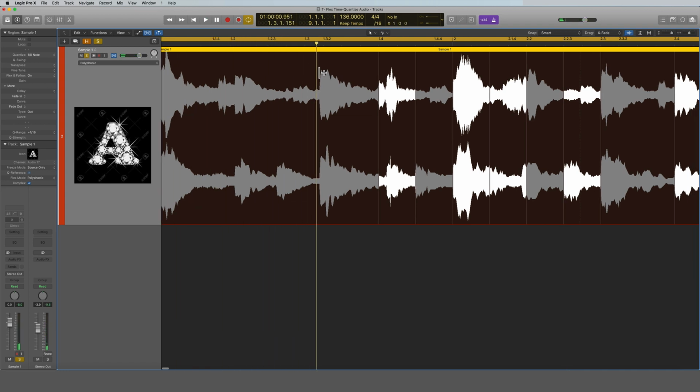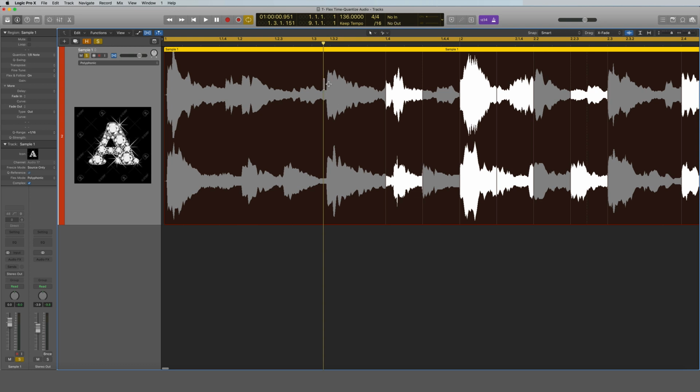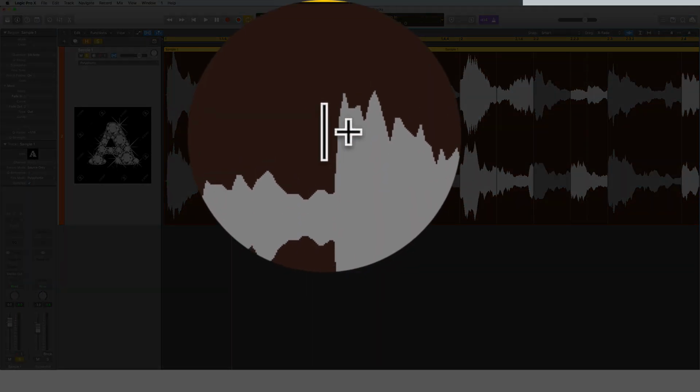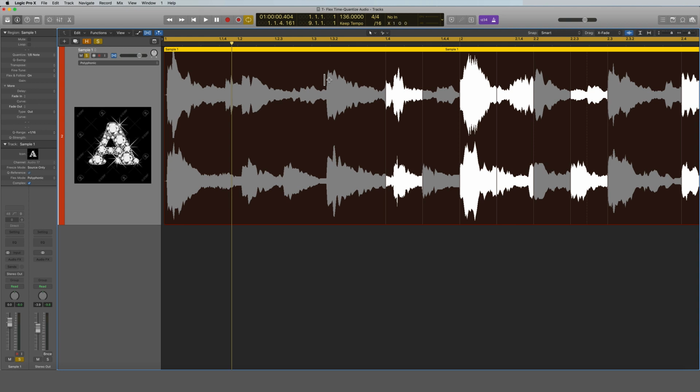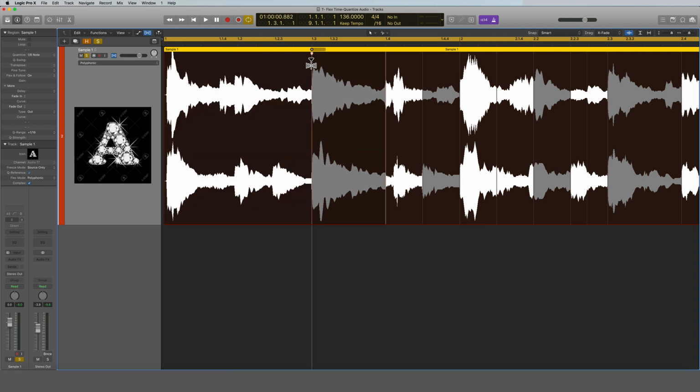So what I can do is, when I hover over the top portion of this wave file, I see this single line, and that's telling me that it's about to drop a flex marker if I click it. So if I click it right here, it's going to drop a flex marker. Flex markers enable you to pull the audio wherever you want. So if I pull this now over to here, it's going to move this over to here. Okay, so now when I play it,